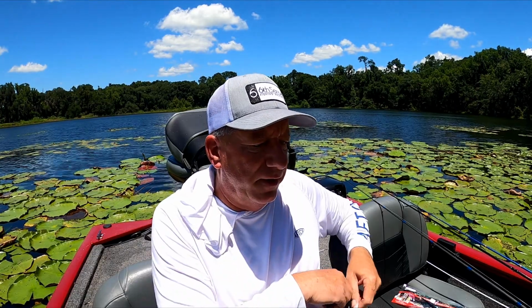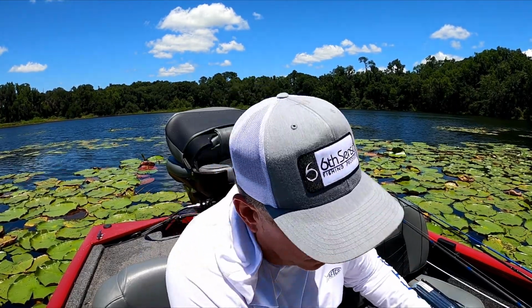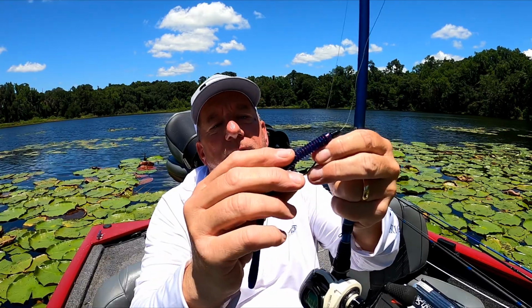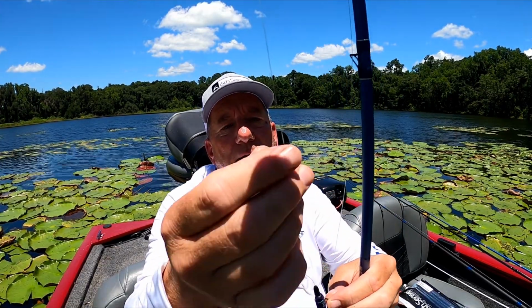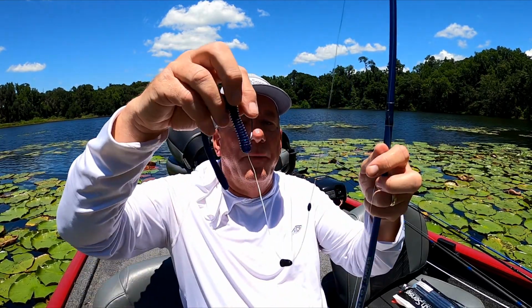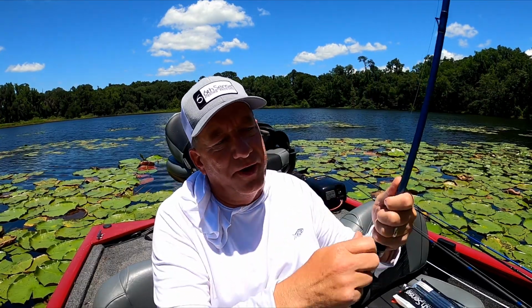I rigged it Texas rig like this, with a 4/0 hook, a little small tungsten weight stopper I slid up on the line. I gave it about 6 inches between there and there to let this weight drop down, and hopefully the bait would suspend. We got a little murky bottom under them pads, a lot of dead vegetation,